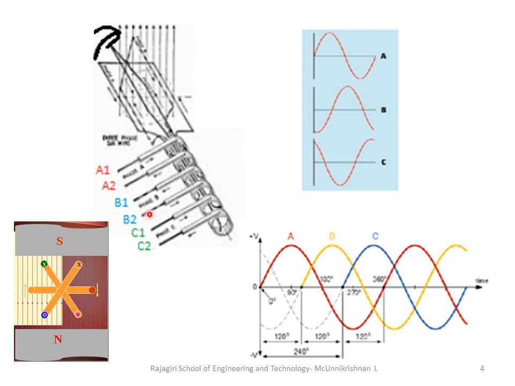So when you rotate, you can see that the points A1, B1, C1 will make an angle of 120 degrees apart, and the points A2, B2, C2 will also be making an angle of 120 degrees apart.